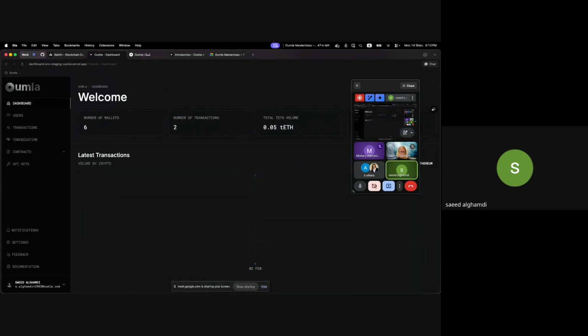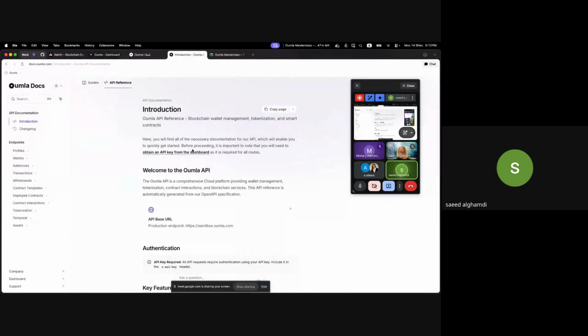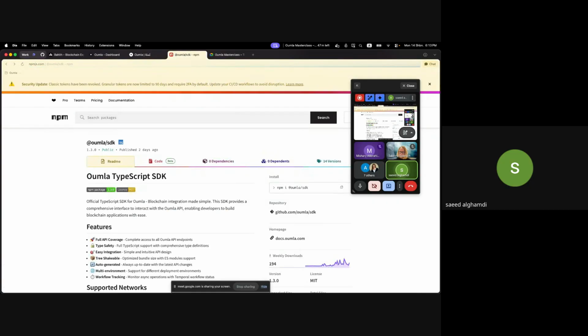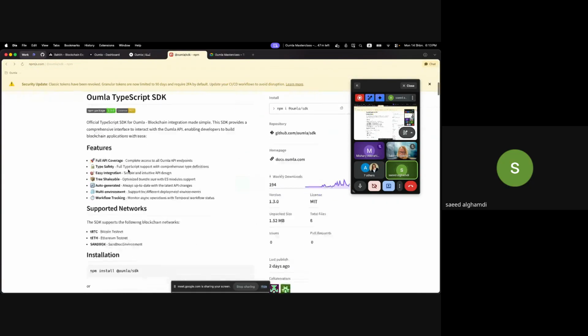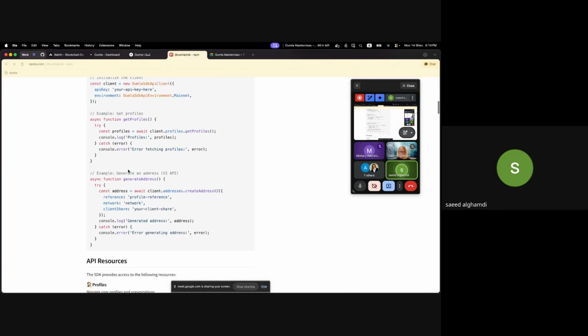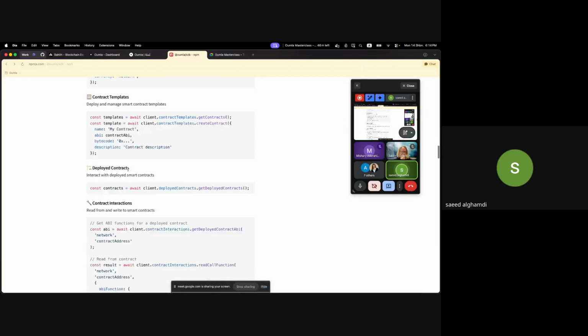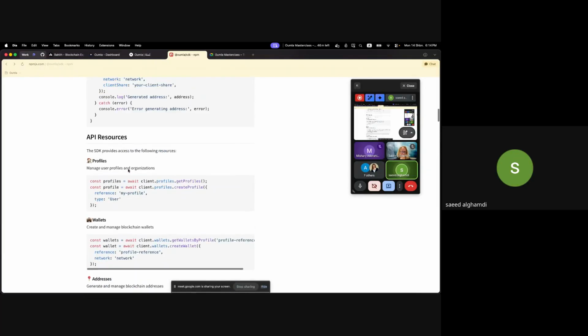There are two ways to build your application on top of Oumla. Basically, we have the SDK, which enables developers who want full control of the code. They want to abstract everything so they can customize their code, and they can go and search for it.